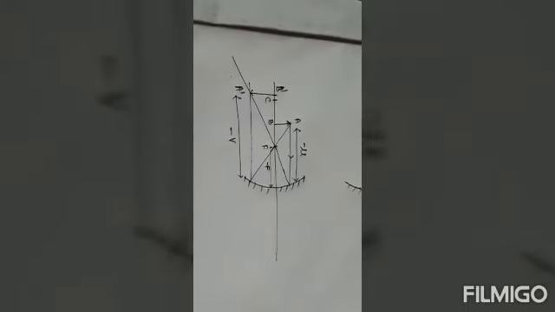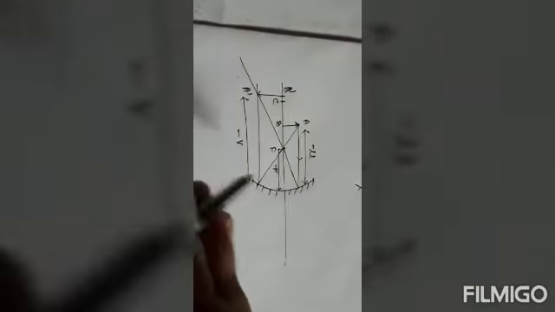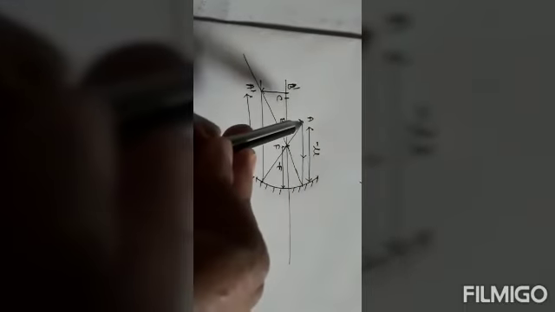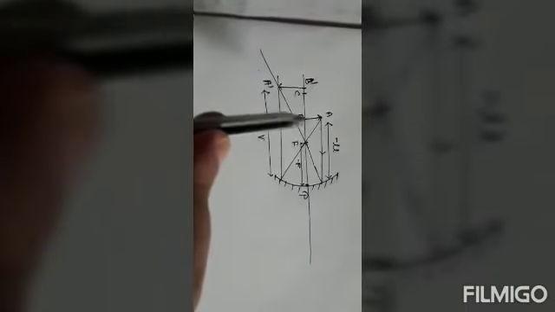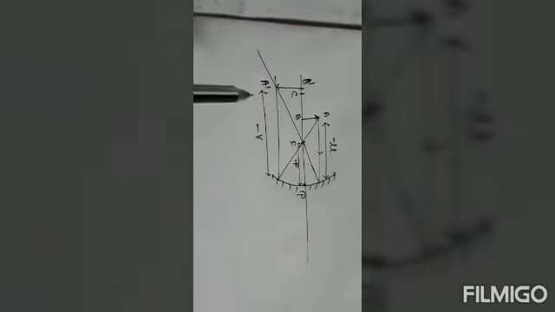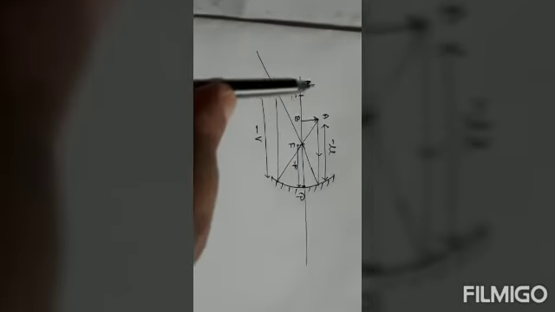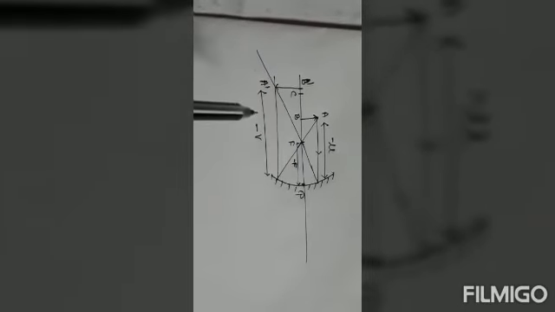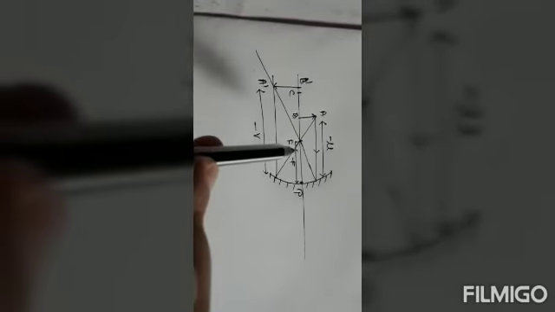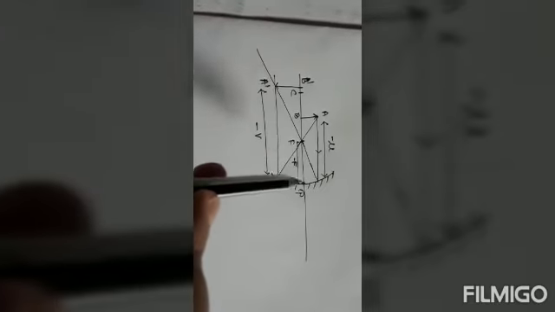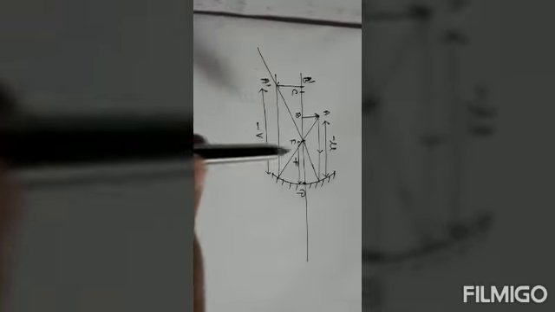Let us take another example using a concave mirror. This is a concave mirror, this is the object, and the distance of the object from the pole, this is the pole, is denoted by u. In this case u is always denoted by minus sign because it is situated on the left hand side of the mirror. Also the image is formed on the left hand side of the mirror, so the distance of the image from the pole is denoted by minus sign, that is minus v. Focal length is also on the left hand side of the mirror, so it is denoted by minus sign.